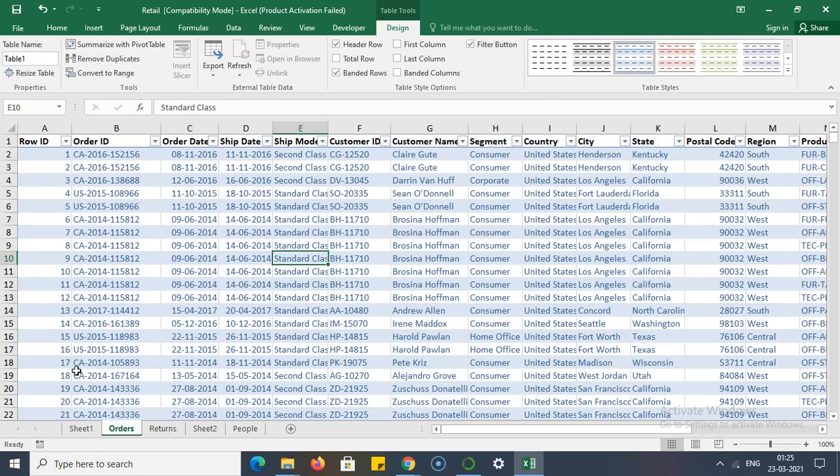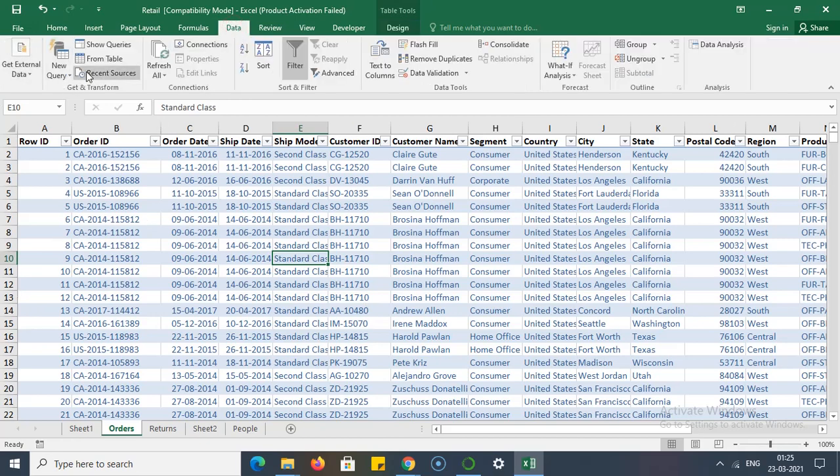Now I want to make this table a query. To convert this table into a query, go to Data and click on From Table.